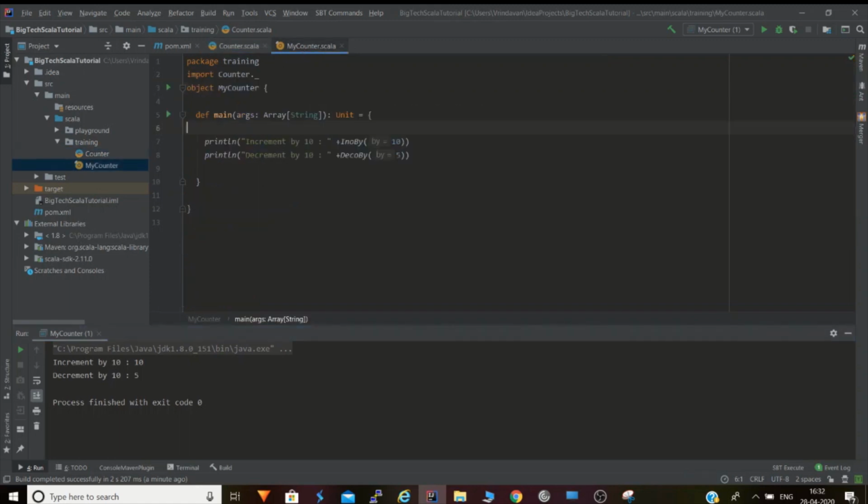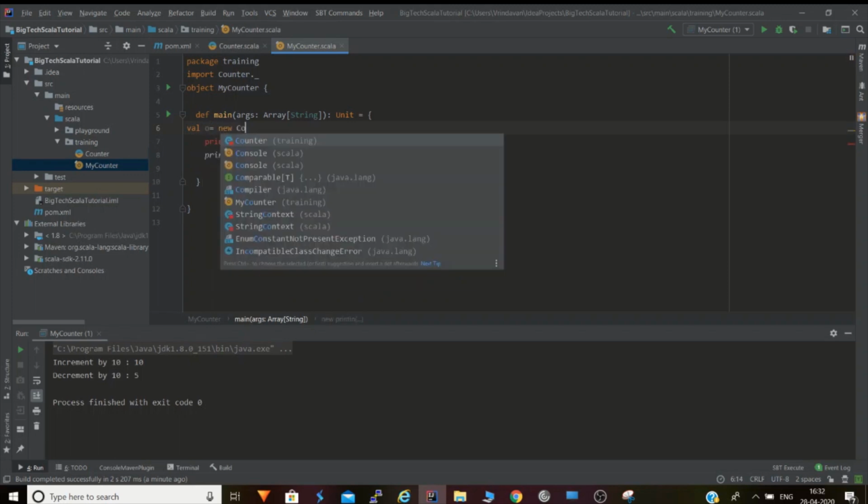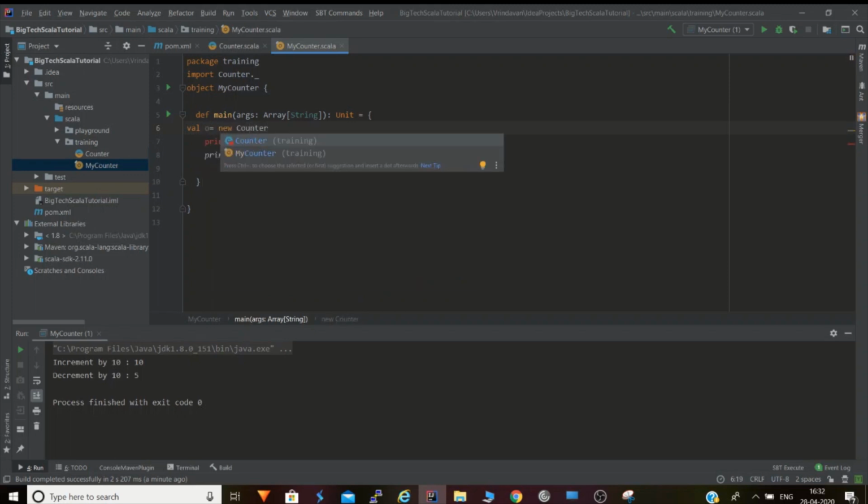Let's see if we can access it. If we cannot access it, then our definition is correct. So we'll create an object, O, of this class with new, and see what things we can access.